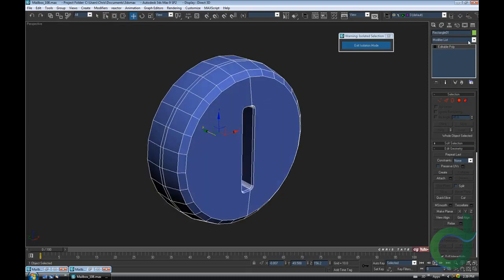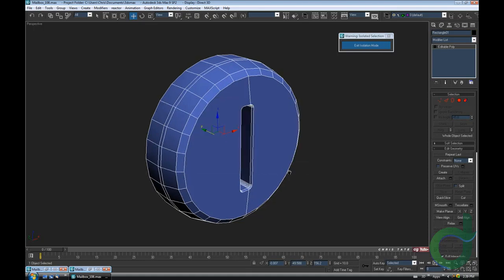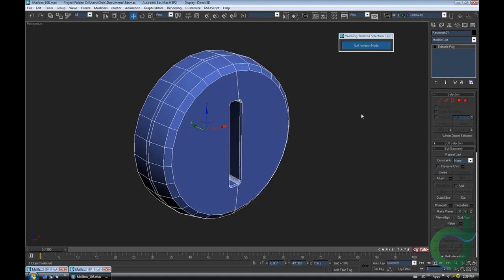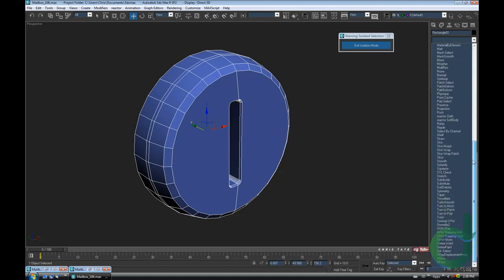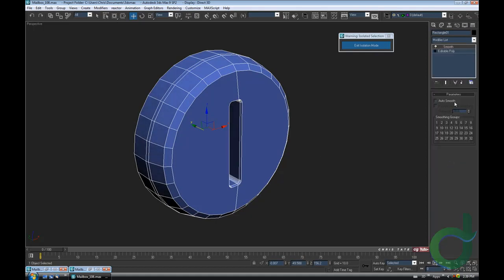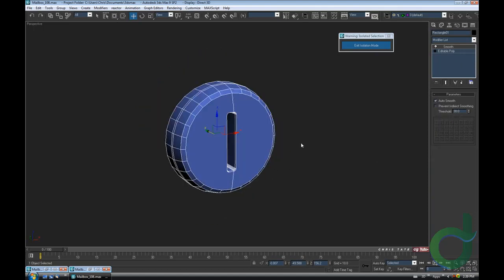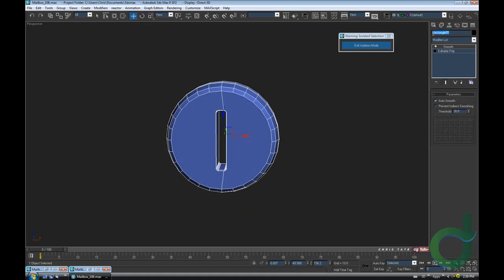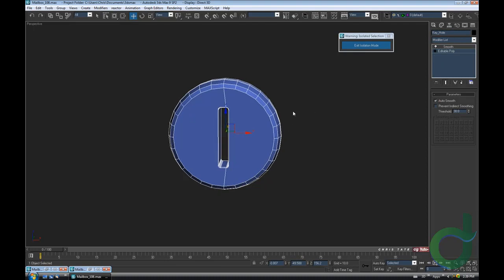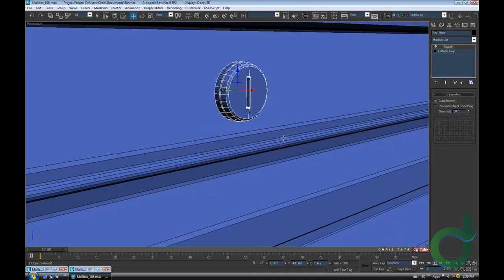So I'm just going to change my color to black for the mesh. And let's put a smooth modifier on this just to make sure the faces aren't too rough looking. So back into the modifiers, down to smooth, and I'm just going to tick on auto smooth here again. So just like that, and let's name it. Just going to name it keyhole, or whatever you like, okay, and we'll exit isolation mode, and let's just position